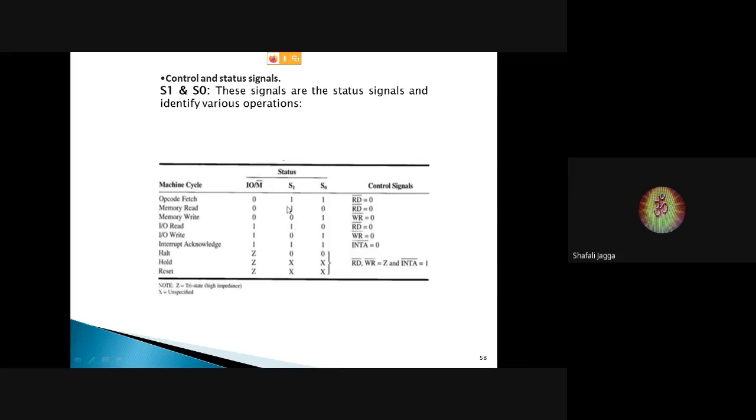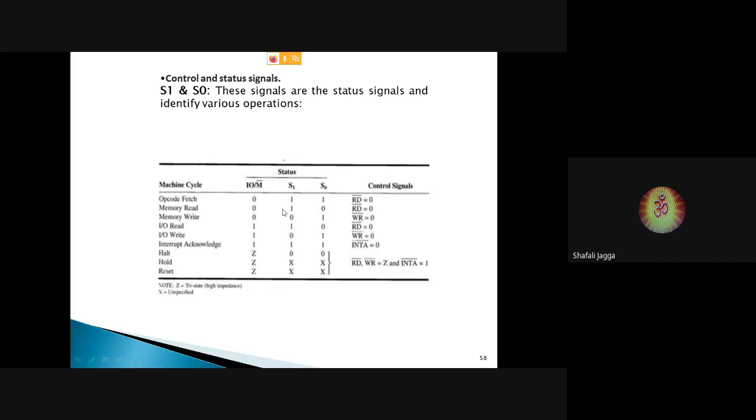How does the microprocessor come to know whether it is fetching the opcode or fetching the data? Because in both cases, whether it is doing an opcode fetch operation or a memory read operation, it is simply fetching the opcode and data. Now, how will the microprocessor know that if it is fetching the opcode, it must go to the instruction register where it has to be decoded, but if it is data, it will directly go to that register? So the microprocessor comes to know by the status of these signals.